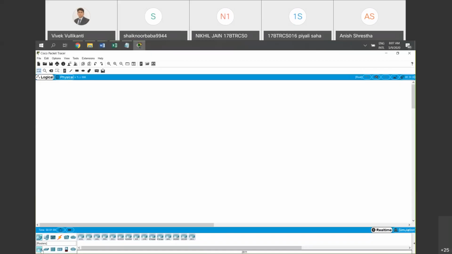So for that, I'm going for the router. I'm going to take a generic router. So let us place the generic router here. We're going to connect, let's say, 3 different types of networks for this. Then we're going to take, if you see at the bottom, there is something called